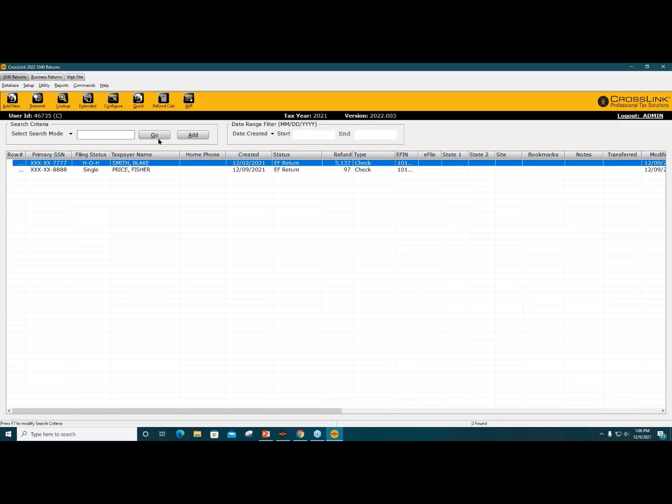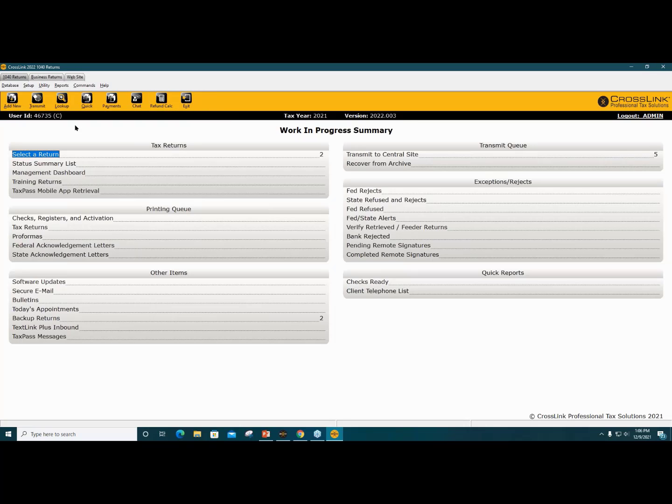As you click this go button, it's going to show you the different clients you have and the tax returns you have started, completed, finalized. This will always show your client page. When we click back on the work in progress page, then we go back to our dashboard here with the 6 queues. I'll touch on TaxPass mobile app retrieval towards the end of the call,